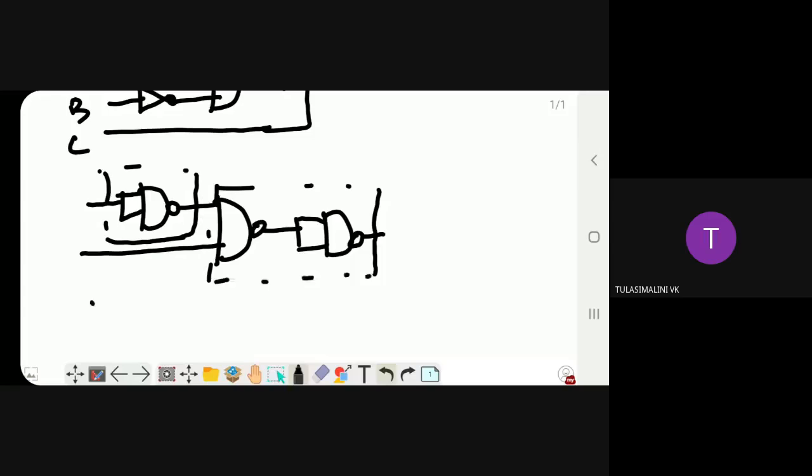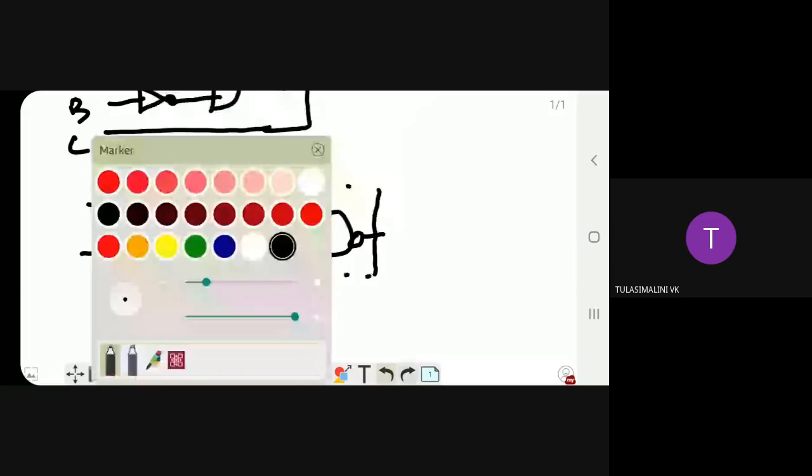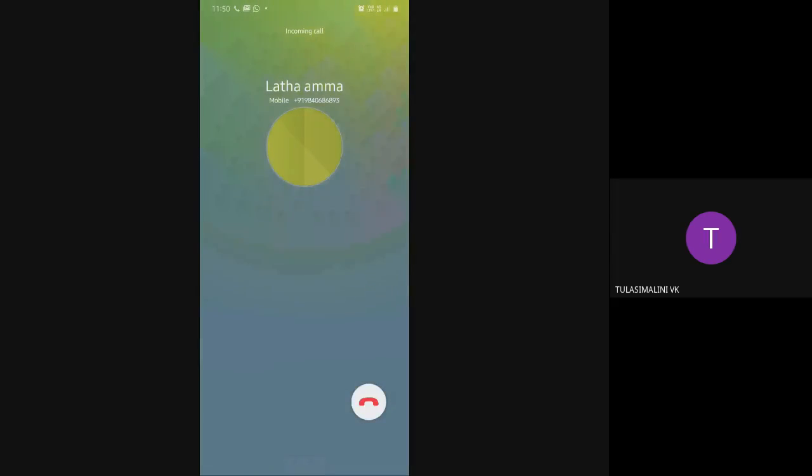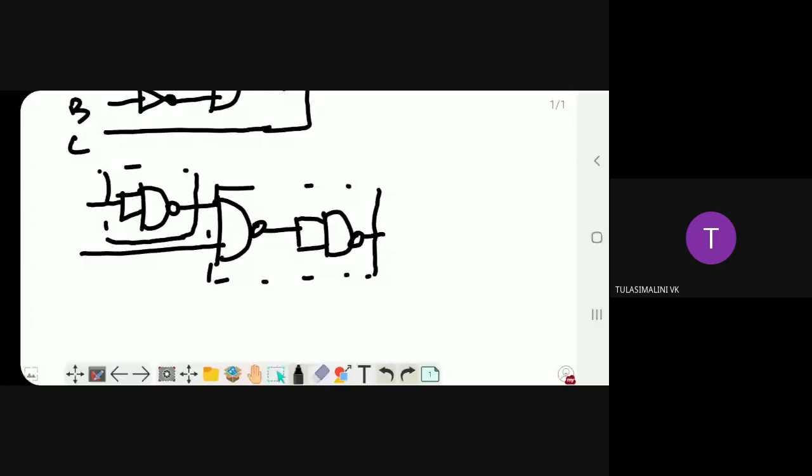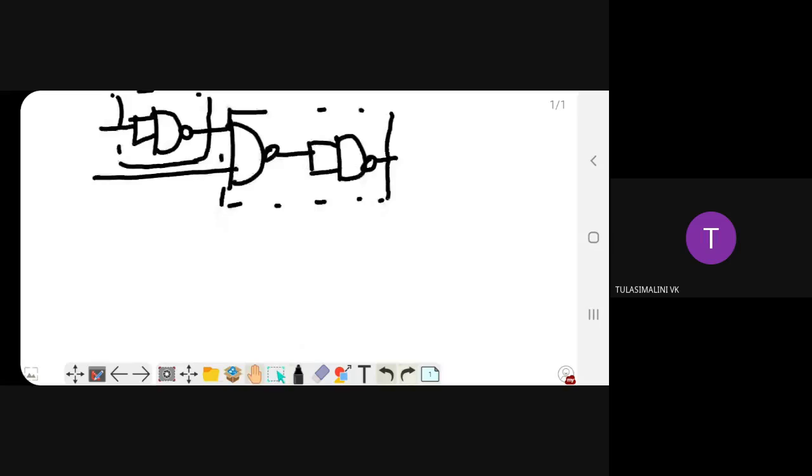For the same, again we are going to draw for the next condition. This is A bar B and this is A B bar.